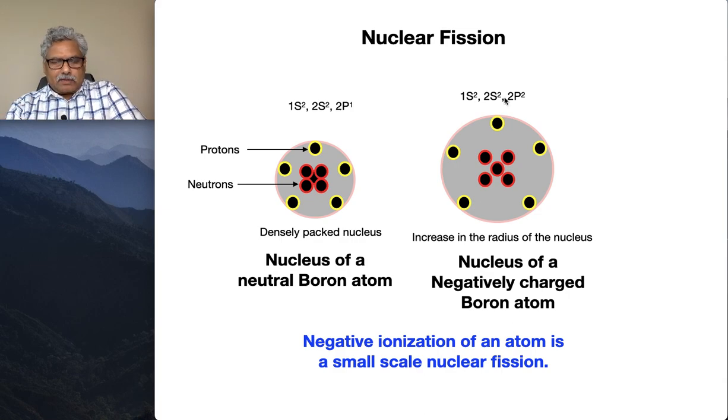So the neutral atom is like this, and then this has P1, and then P2, we are adding an electron to that one. So when you add an electron, it releases a certain amount of energy equal to the ionization level of that shell. So we are extracting energy out of that atom, and then what kind of physical change does it undergo?